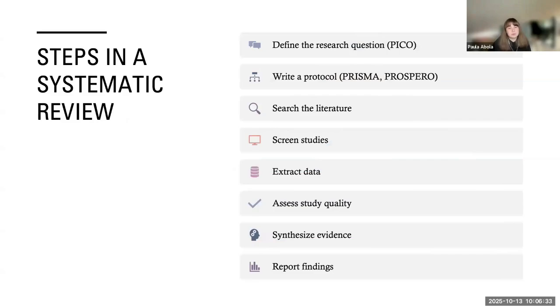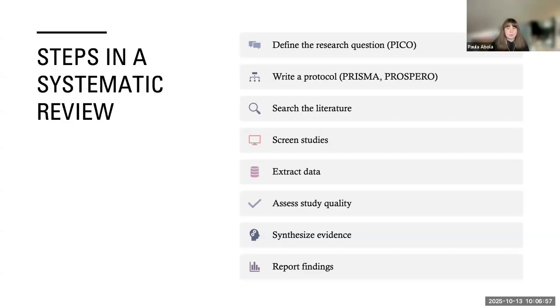A systematic review is essentially a research project in its own right. We don't just read some papers and summarize them. There's actually a step-by-step process, much like in original research. First, we define a precise question, often using the PICO, P-I-C-O, which stands for population, intervention,